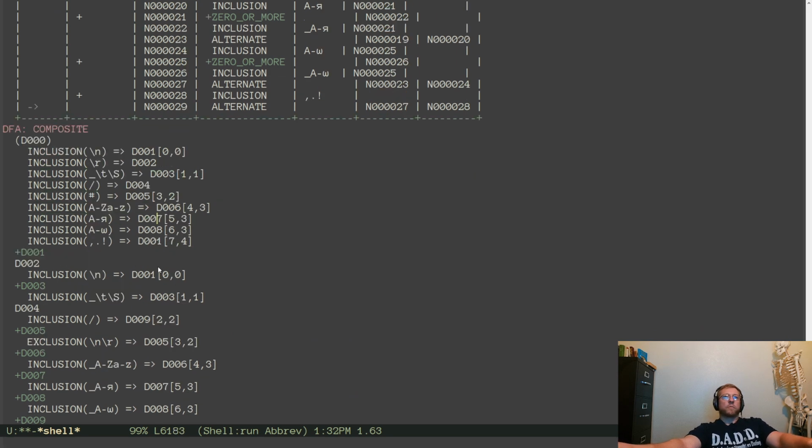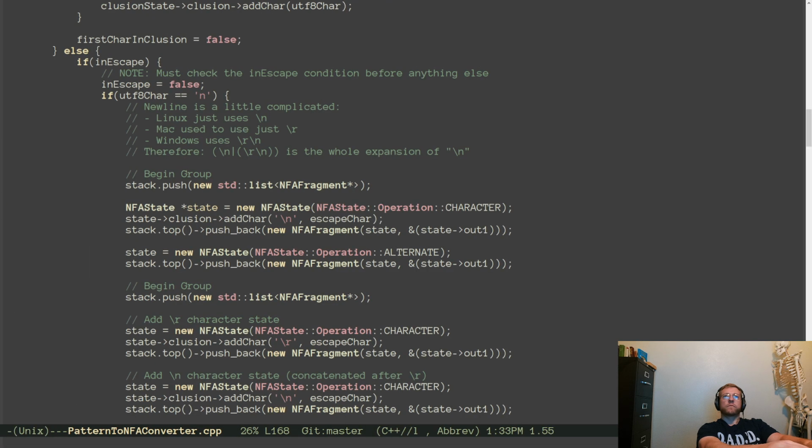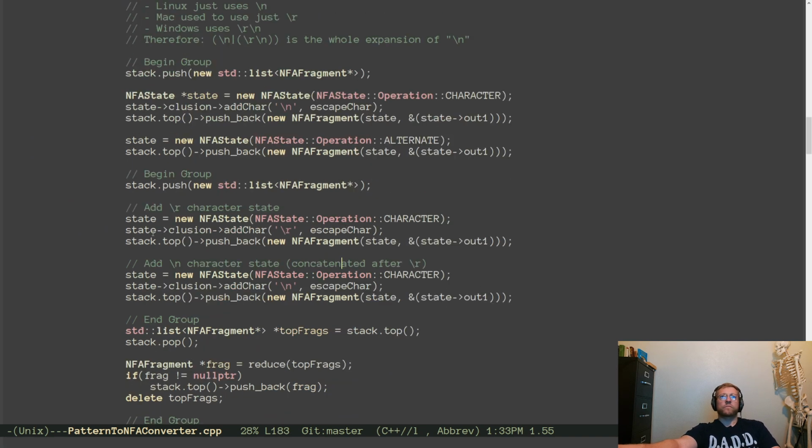Nope. Go \n. Or we accept. So this state needs to accept. That's where the 0 or 1 needs to come in. So we throw in a character, or \r.